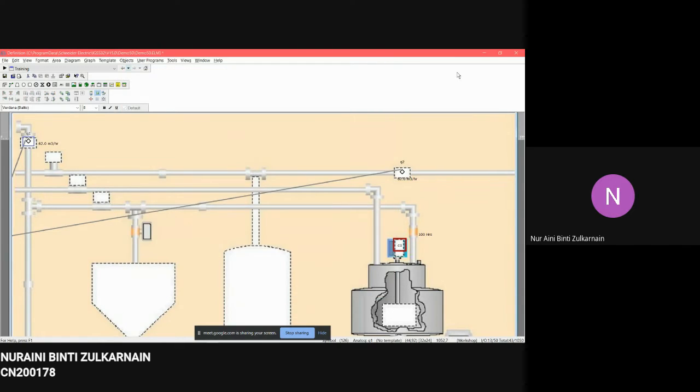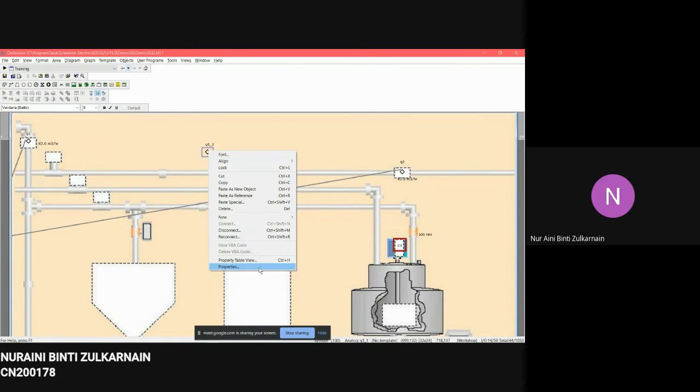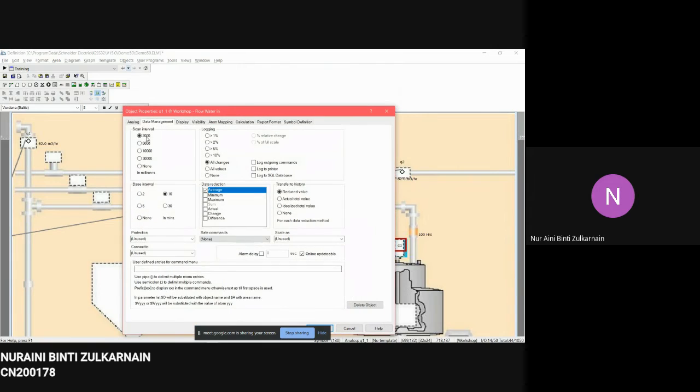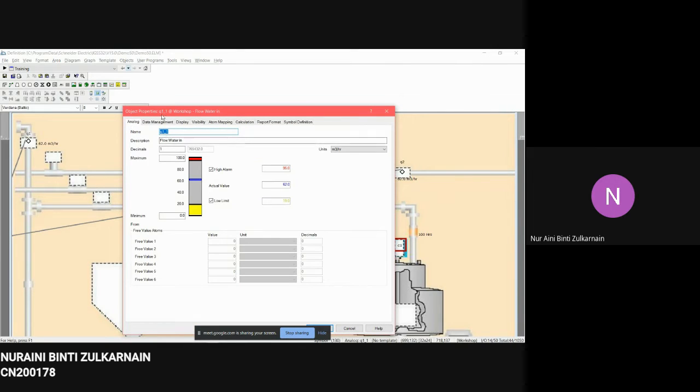Next is Q2. For Q2, we only need to copy and paste it from Q1. We do this by right clicking the mouse and choosing copy, right clicking again and choosing paste as a new object. Here you can see it is set as Q1 underscore 1. To change the name, click on the properties right here. From the analog, we can change the name right here